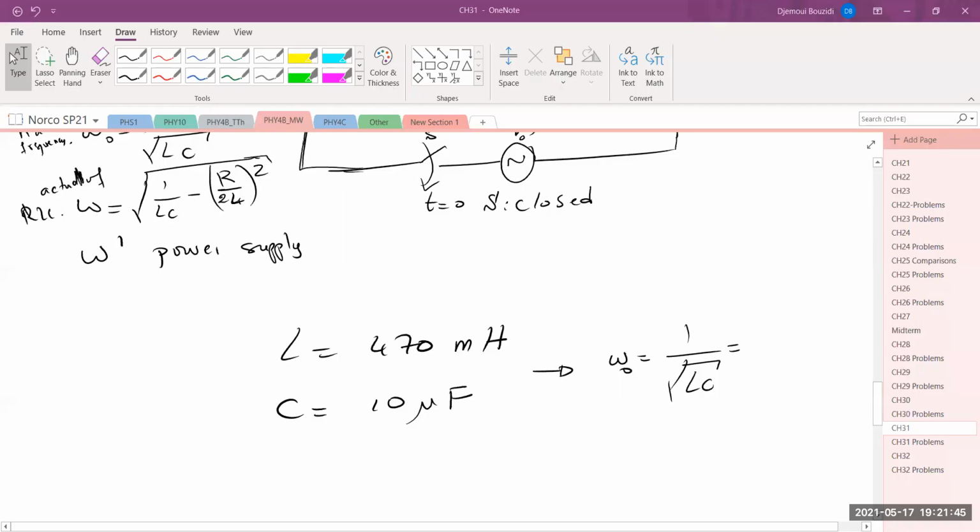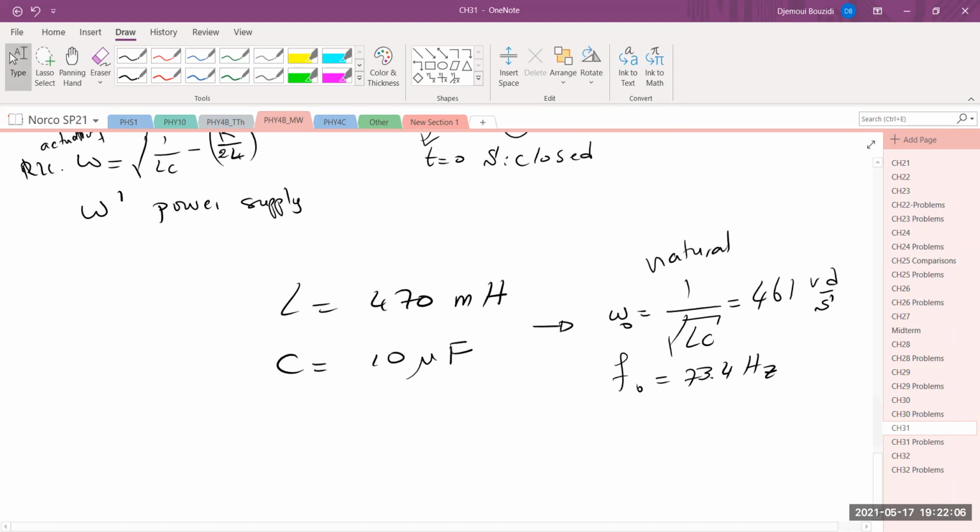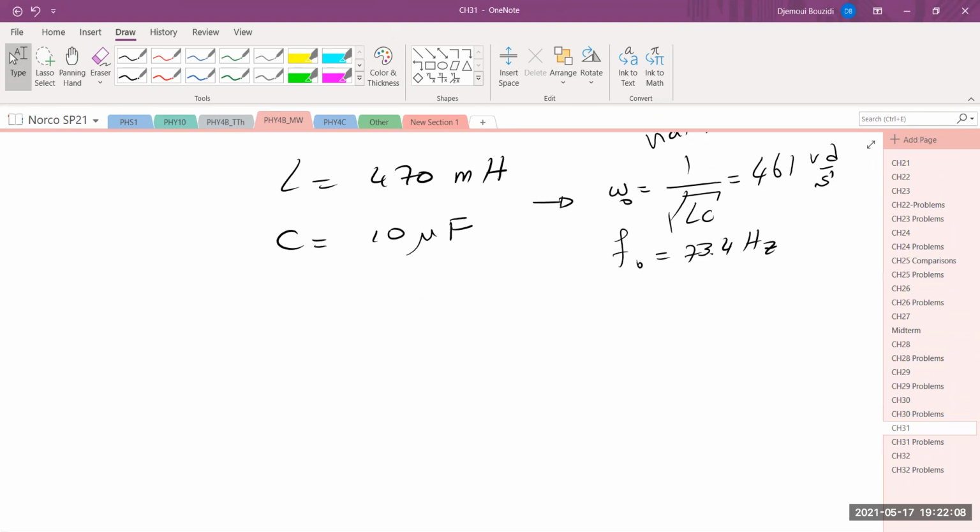So omega naught, first of all, is 461 radians per second. That is the value that we need. But if you're curious about the natural frequency in hertz, it's going to be 73.4 hertz. Okay, so this is the natural frequency of this RLC circuit. If I give you R, I have to be careful and choose it so that this oscillates. So if I take this number and square it,